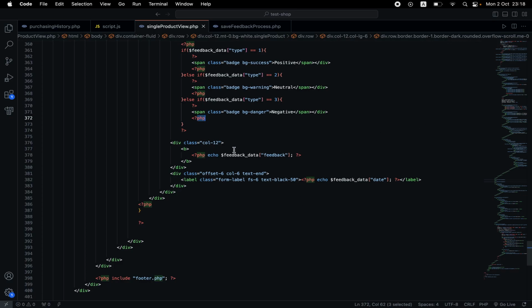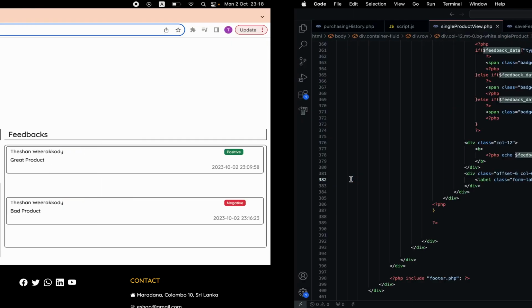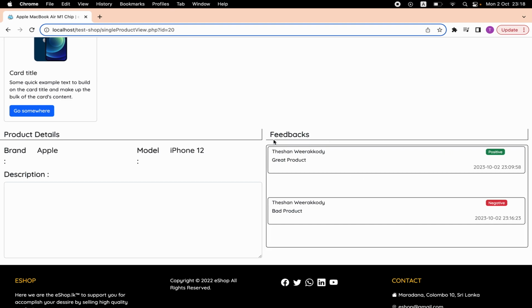After that we come here and show the actual feedback. So echo the feedback here, and also at the end echo the date that feedback was created. So this is the view in feedbacks. I have two feedbacks. This is the feedback type positive, great product, the customer's name is Theshan Weerakkody, great product, and this is the date this feedback was